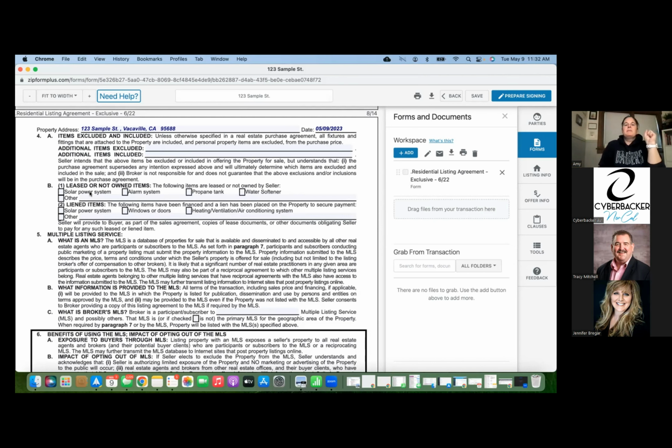So the following items have been financed and a lien has been placed on the property to secure payment: solar power system, windows or doors, heating, ventilation, air conditioning systems, or other. Other comes into play a lot of times here. People finance roofs, they finance repairs, improvements, room additions, and all those things get recorded against the title to the